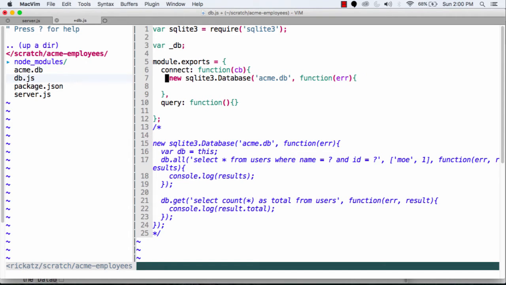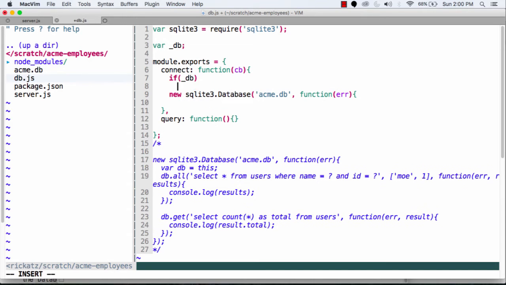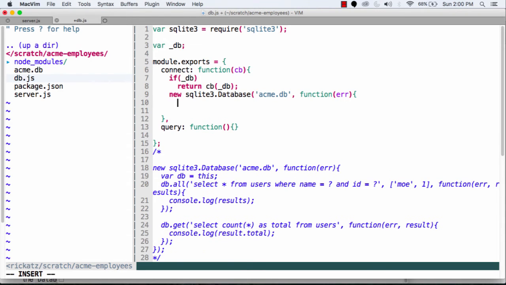And when I go to connect to the database, I'm going to run a quick check, so I don't keep opening up my database. So say, hey, look, if in fact the database does exist, I'm just using a return here to get me out of here. I'm not really returning anything, but I'm just going to pass a callback with DB. Now, obviously, DB is not assigned anywhere, so it doesn't make all that much of a difference. But within this guy here,